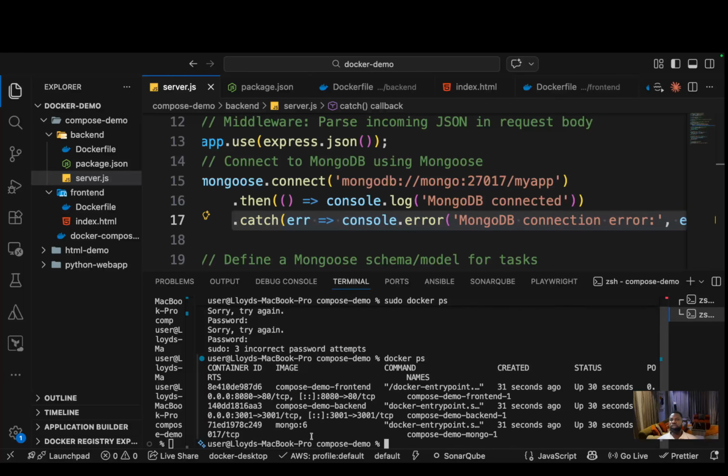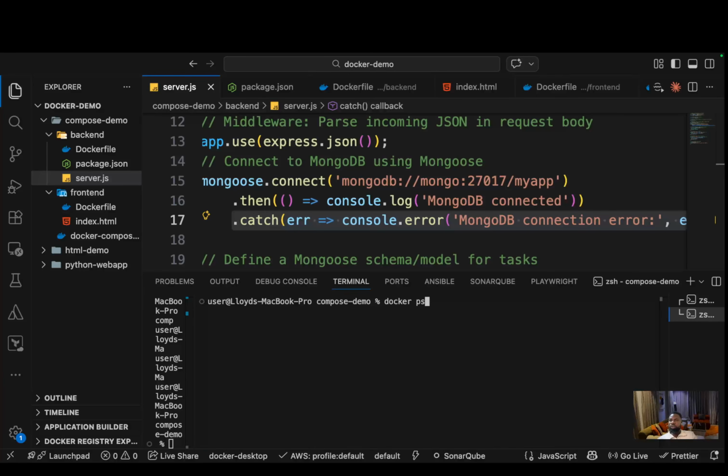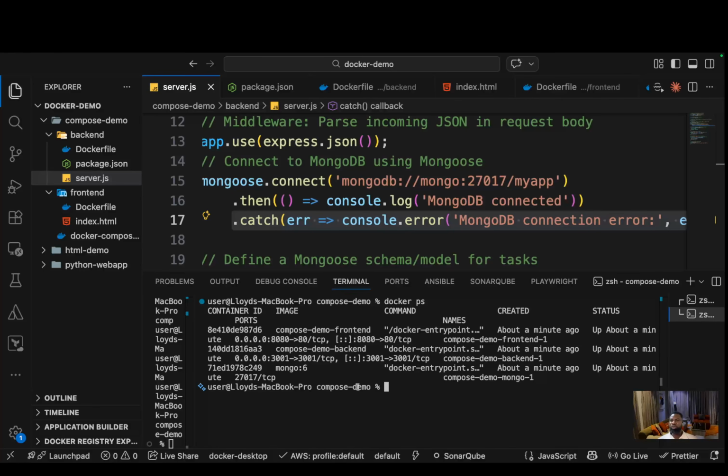So as you can see, let me clear the screen. Docker PS. So as you can see, the backend container is running as expected. So now we have the front end container, the backend container, and then the MongoDB database container, which has been up about a minute ago. So essentially, this is how